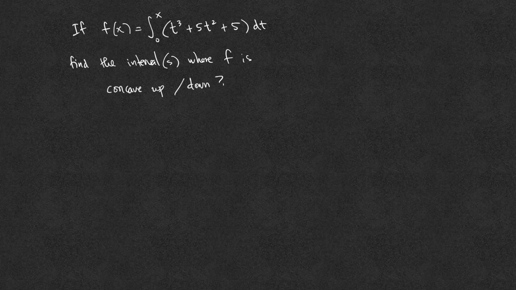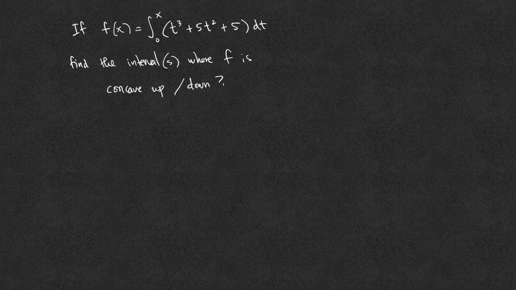If f of x equals the integral from 0 to x of t cubed plus 5t squared plus 5 dt, find the intervals where f is concave up and concave down. To find the interval where the function f is concave up and concave down, we would need to find the